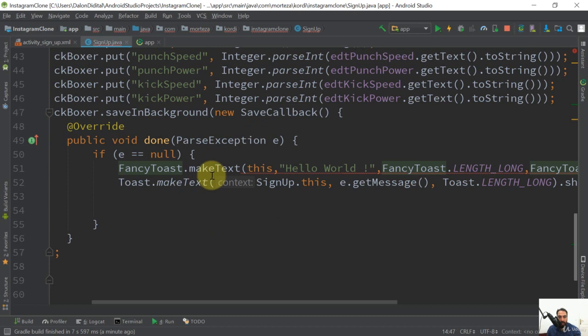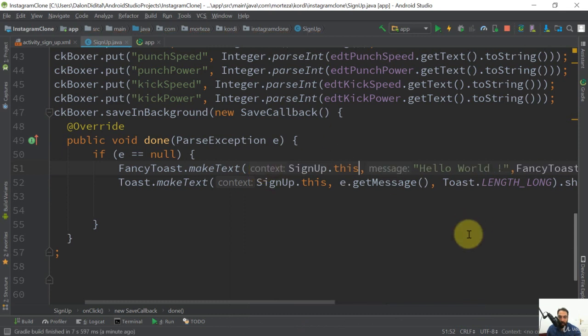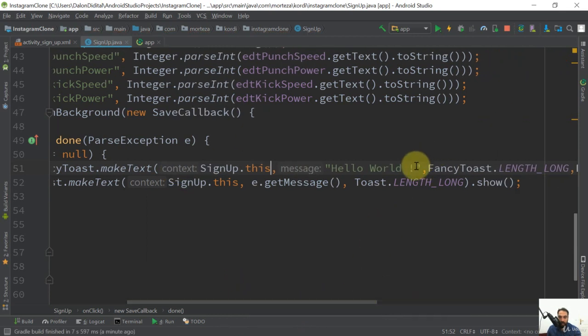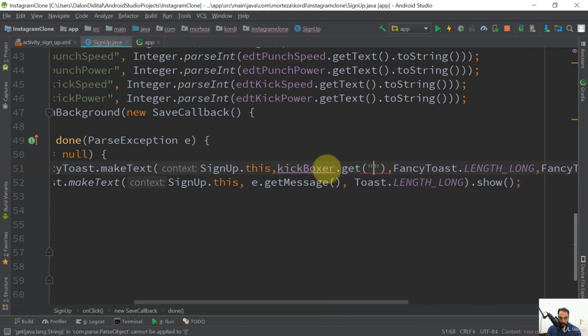So here we have fancy toast that make text. Instead of this keyword, we need to say sign up dot this, and for the message, I'm gonna say, for example, kickboxer dot get name. So let's pass the key name, and let's concatenate this value to another value. Let's say is saved to server,